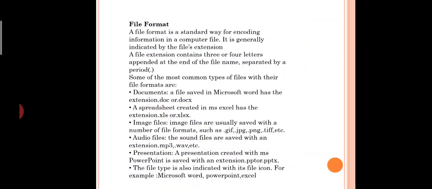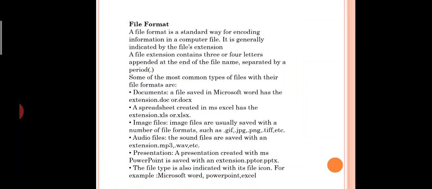Yes, now we are going to study what is file format. Is everyone clear with what is a file? Yes. So to store that file, you need some extensions. A file format is a standard way for encoding information in a computer.